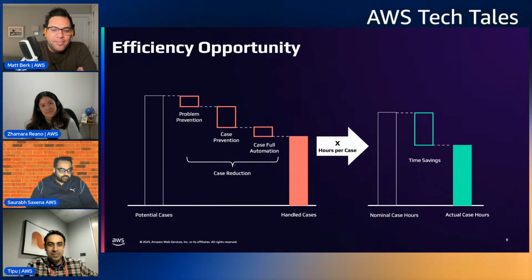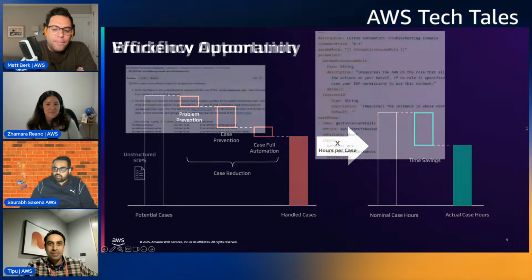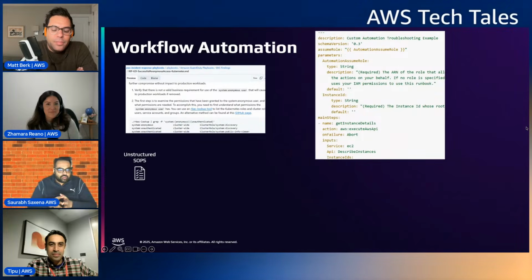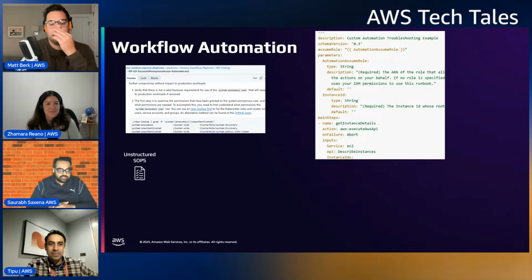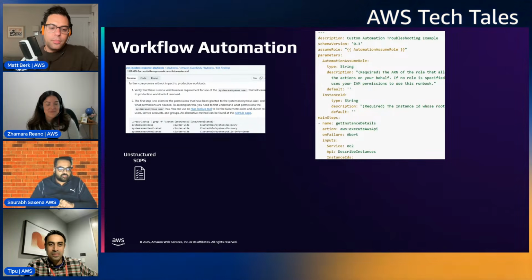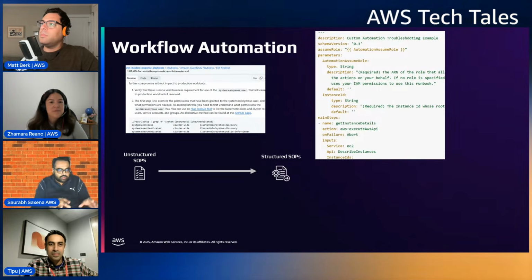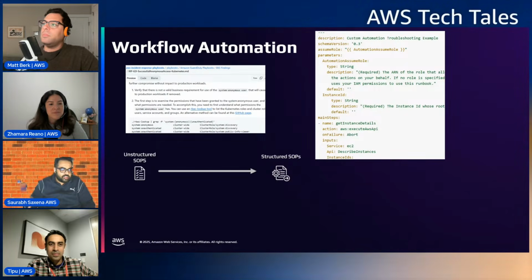I have written a lot of knowledge articles in our legacy system where you handwrite articles and publish them, right? Let's talk a little bit about this workflow automation, knowledge, SOPs, and how we have solved that problem. Here on the screen, you can see our historic SSM knowledge documents and SOPs and how they look, but these are unstructured. And on the right, you see a structured SOP. But what does our journey look like to go from here to there? I'll keep moving the slides so you can talk to all the components of innovation we have done here.